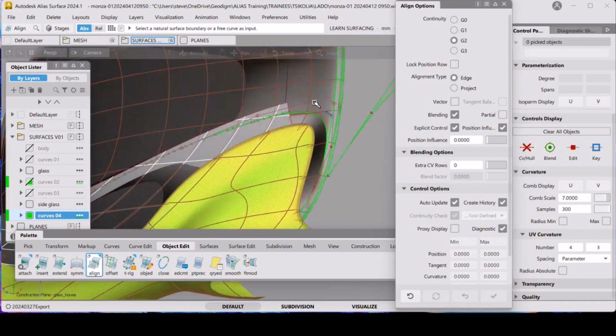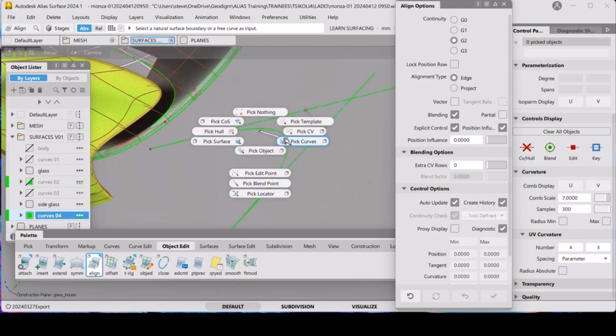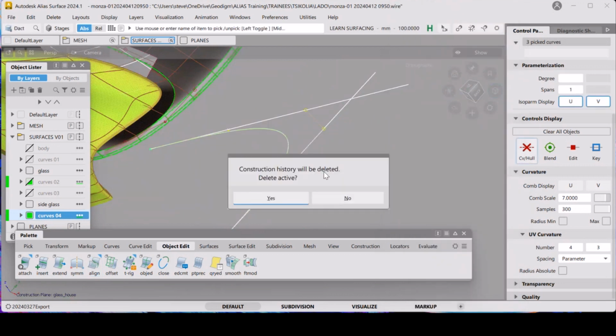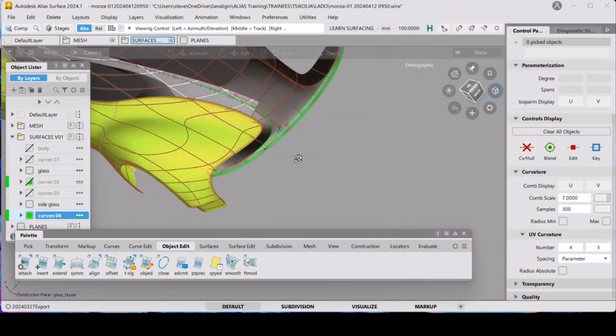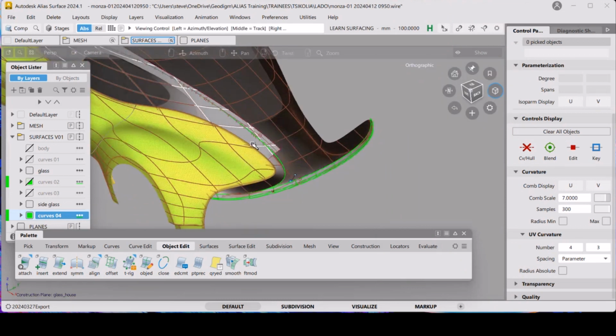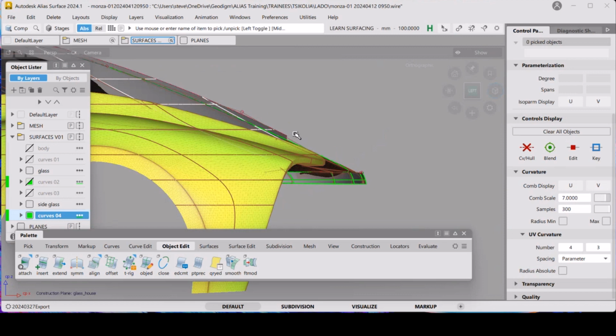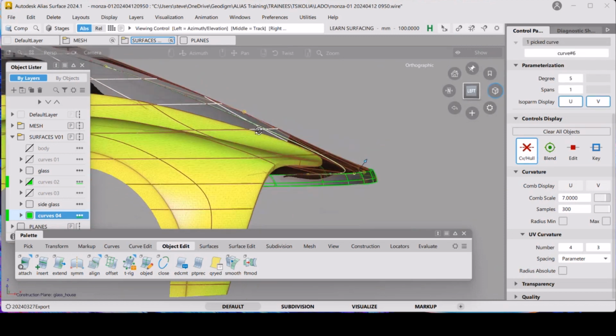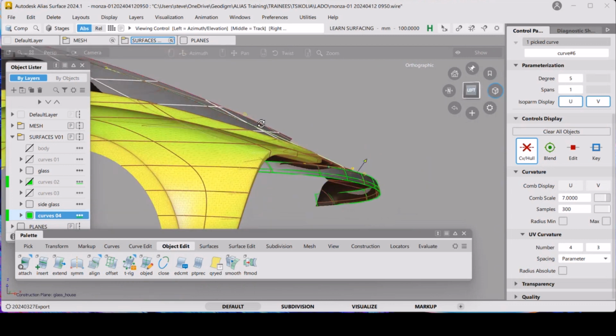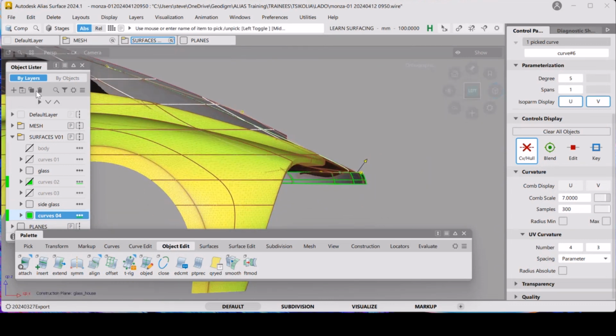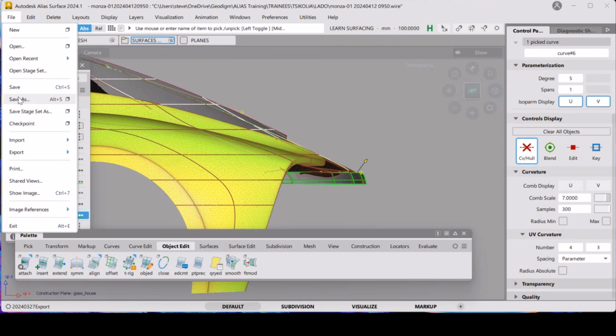Let's get rid of these curves here. So we've now got a curve in there. Let's have a look at that in side view and see how that's doing. So what you don't want to do, if I just save that,